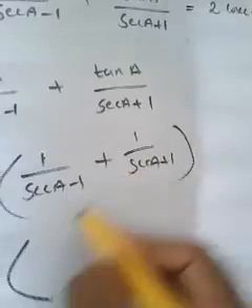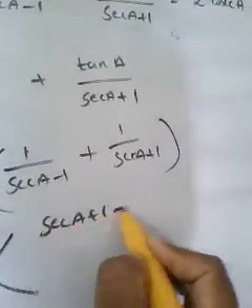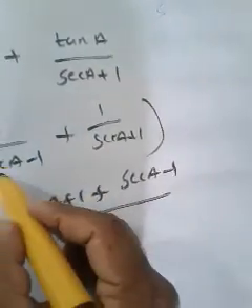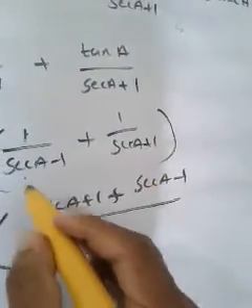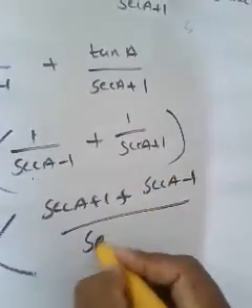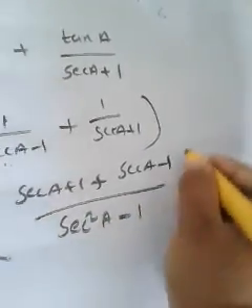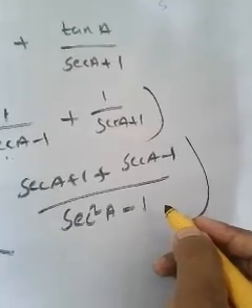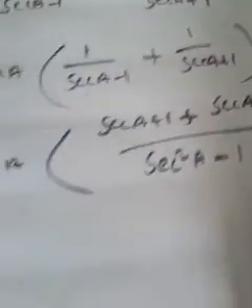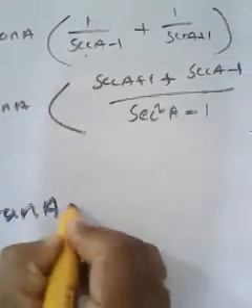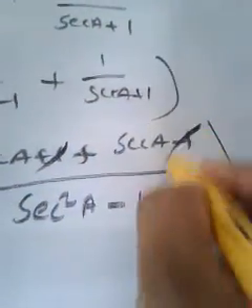What is 1 into cot A plus 1? Cot A plus 1, plus what is 1 into cot A minus 1? Cot A minus 1, divided by cot A minus 1 into cot A plus 1. It is in the form (a minus b) into (a plus b), so it will be a square minus b square. That means cot square A minus 1 square, that means you can write cot square A minus 1, because 1 square is nothing but 1. And you just see now it becomes tan A into cot A plus 1 and minus 1 will get cancelled.